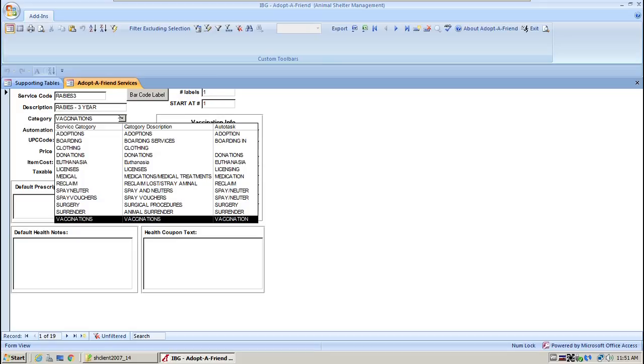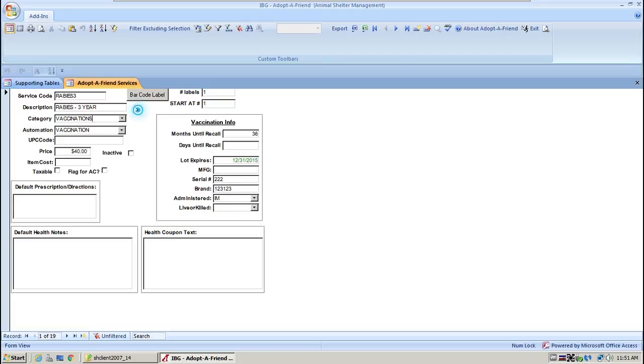Wherever you see drop-down menus, almost all of them, there's a place where you can go into a supporting table and set up what's in that drop-down. It's all customizable. Then another concept that's a little more difficult until you see it in action, we have something